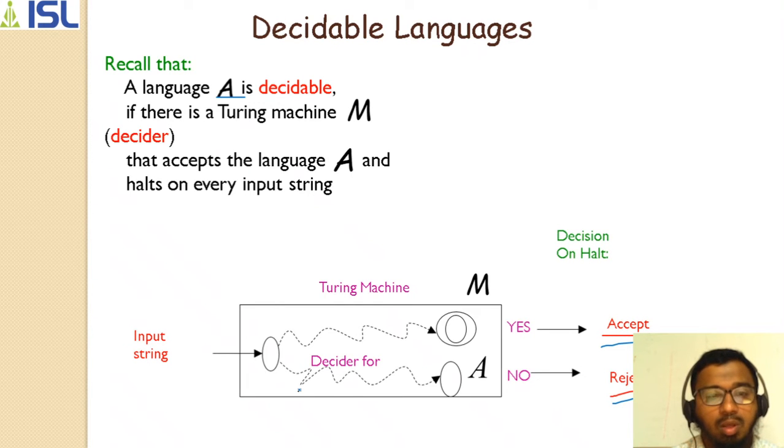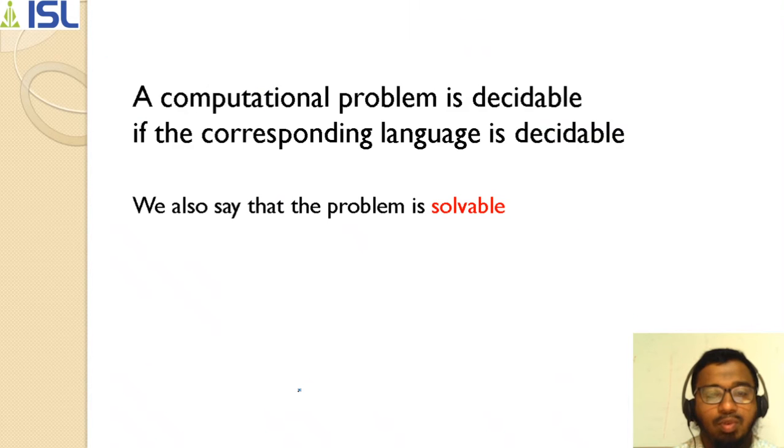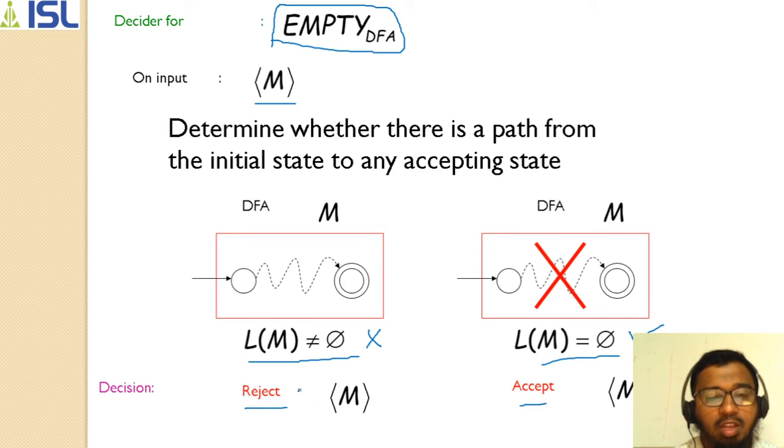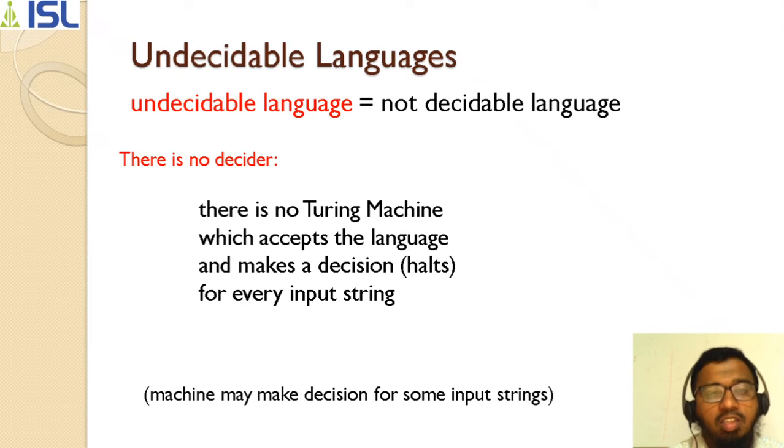Whatever is decidable, with the help of a Turing machine, we will get a solvable problem. If we have the empty data, like we have taken the example of this, we got the answer accept or reject. Okay, undecidable language. What is an undecidable language? A not decidable language, or an unsolvable problem. So there is no decider in this. There is no Turing machine which accepts the language and makes a decision or halts for